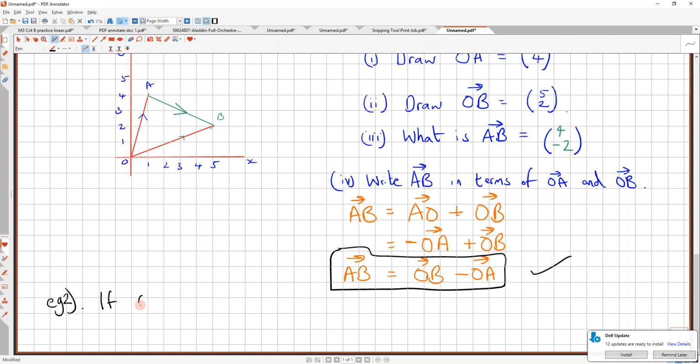So if O to P is equal to (3, 2), and O to Q is equal to (-1, 4), find P to Q. Okay, because it's not all the time that you'll want to draw these things out. So have a go at this one, please. I'll start you off. P to Q equals